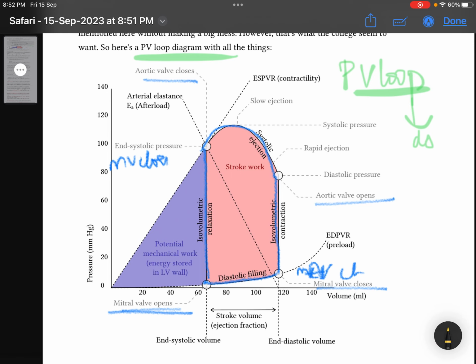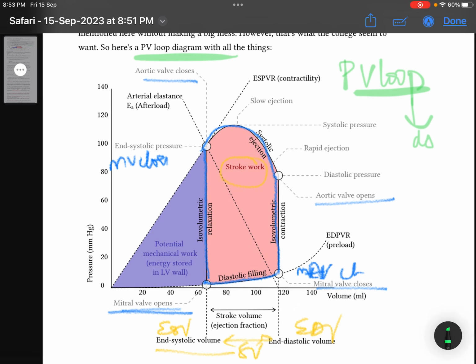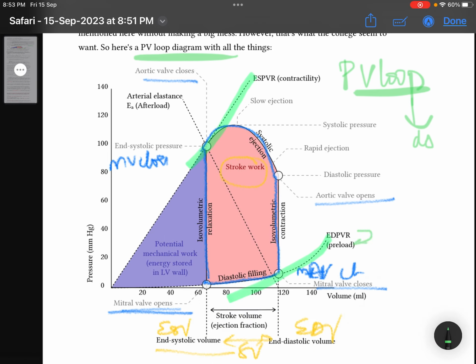Now the point of least volume filled is the end systolic volume. The maximum attained volume is the end diastolic volume. In between you will have the stroke volume. The area under the curve gives the stroke work, and the graph drawn along the lower edge will be the end diastolic pressure volume relationship. The slope will be the end systolic pressure volume relationship, denoting the preload and contractility